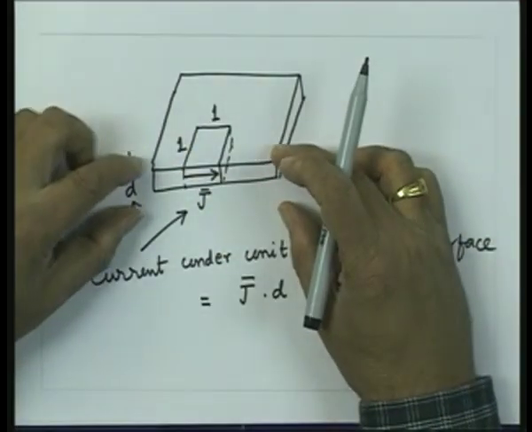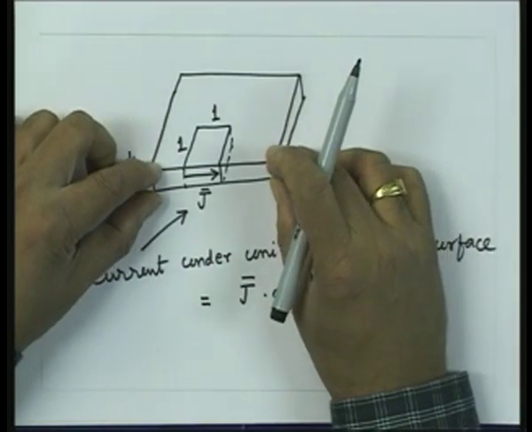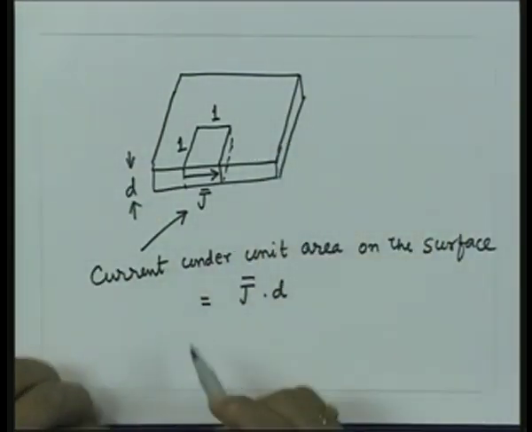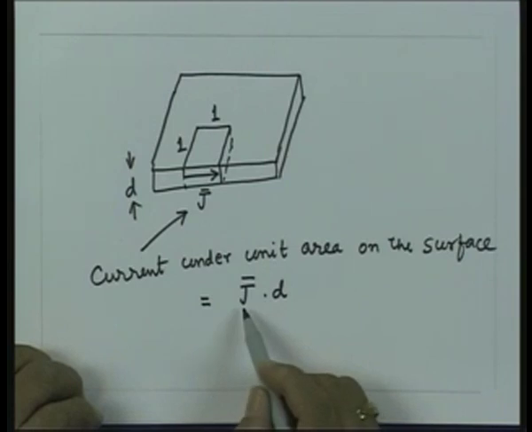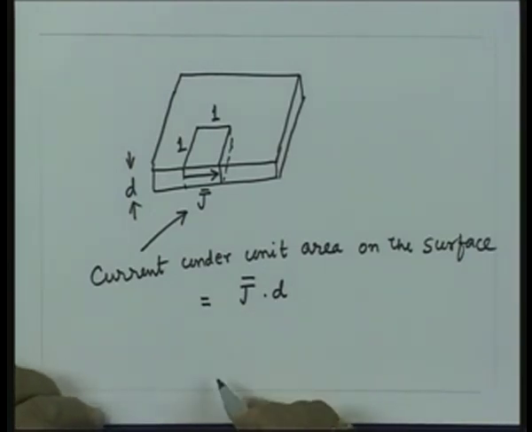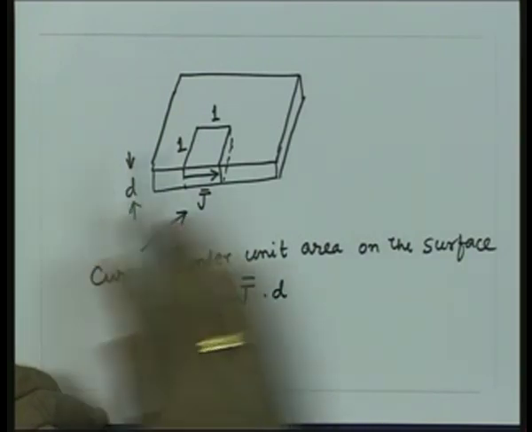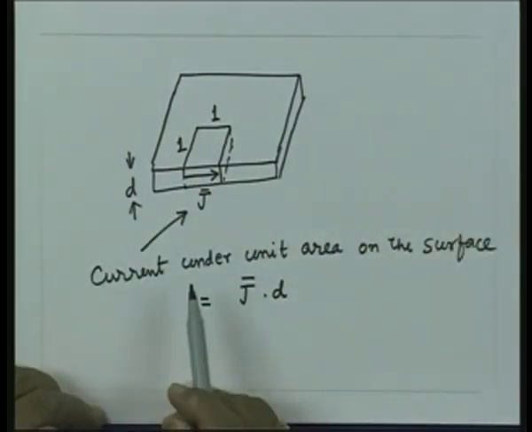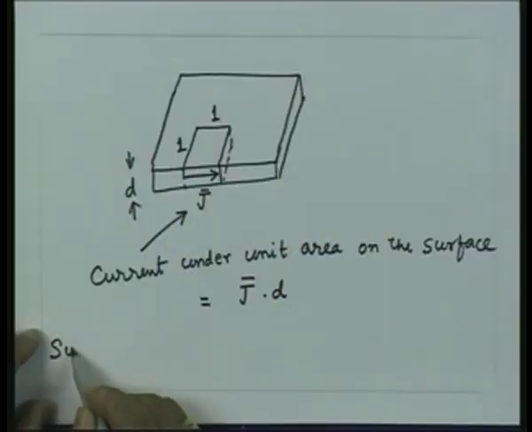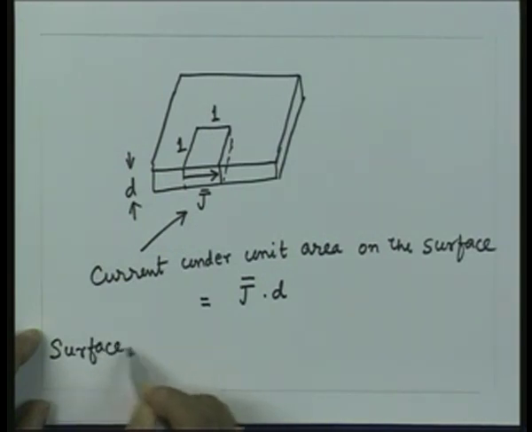Now, again if we make this d tending to 0, and if J goes to infinity, then again this product J into d will be a finite quantity. So, you will have a current which is truly flowing on the surface, and that current we call the surface current. So, if I take a limit, I define what is called a surface